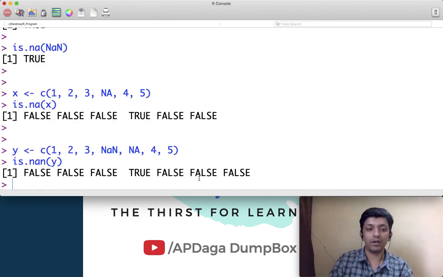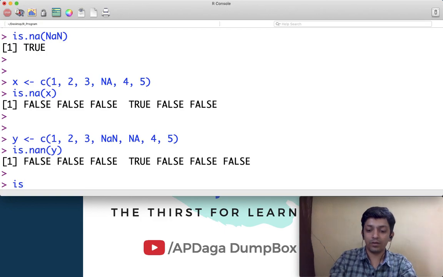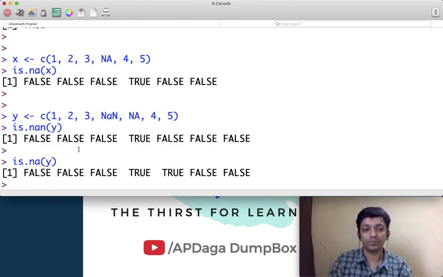You can see it returns false for all the values present here, true for NaN, and for NA it gave me false. Why? Because every NA value is not NaN. And again, if I check is.na and pass the value y, you can see it returns true for both NaN and NA as well.